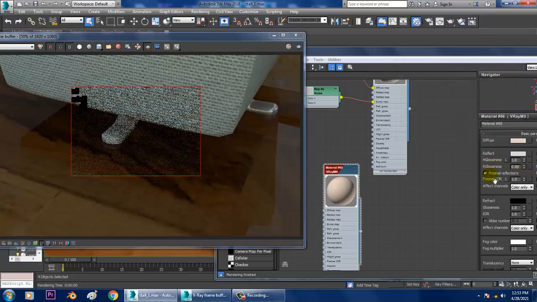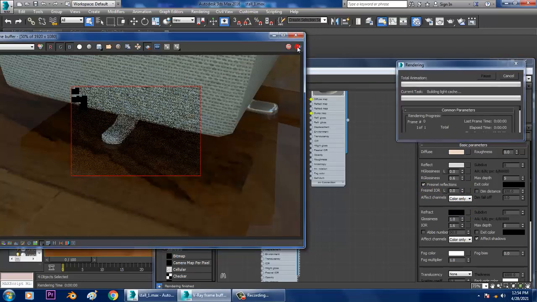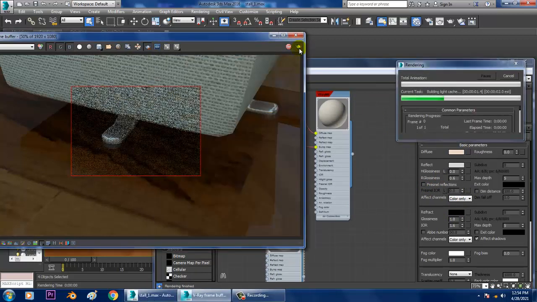If you activate this, it will give you a bit of satin over here. Okay, you can keep that, not a problem.